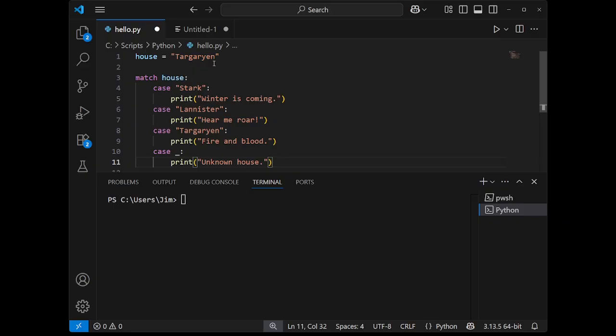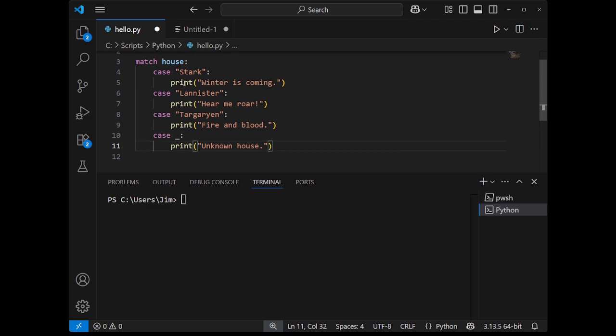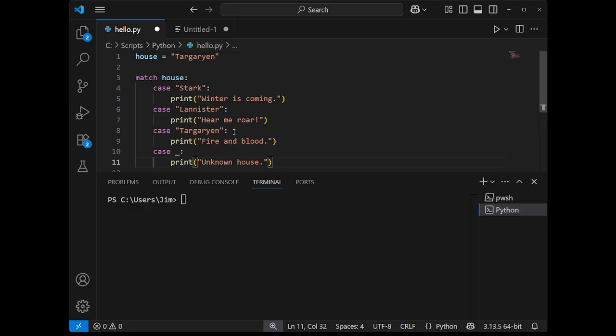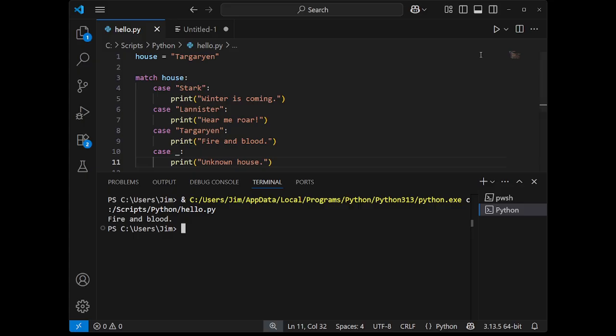So you'll see that we have all these different cases, right? Whatever house equals, it's going to give you their saying. It was what it came up with. I'll go ahead and leave this stuff. I don't totally agree with it, but otherwise unknown house. So again, this will evaluate based on what the value of house is. So Targaryen went to Fire and Blood. If I change the value of this to Stark,